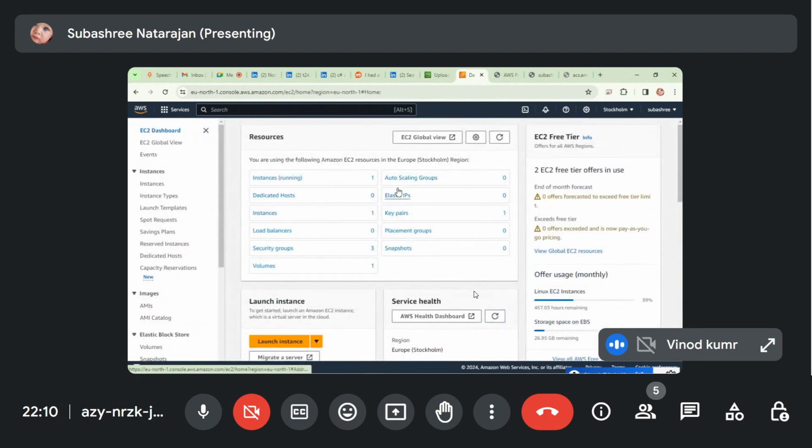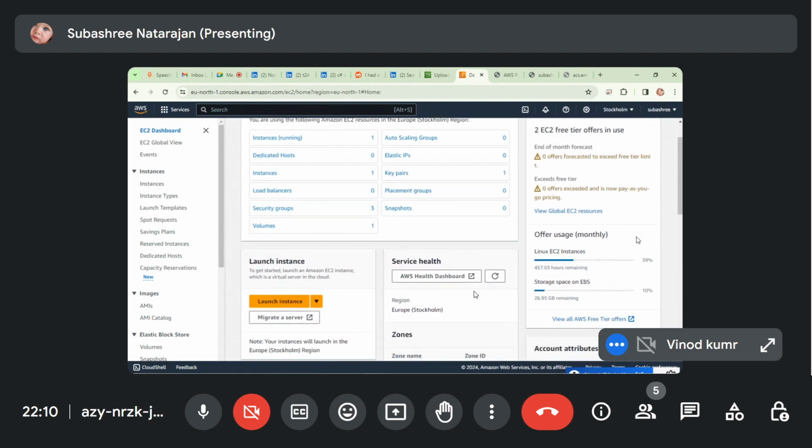You can stop that instance first. You can see the left side, down there. You can see the red mark: zero offers forecasted to exceed free tier limit. Two free tier offers are in use currently. Your current usage is 39%.